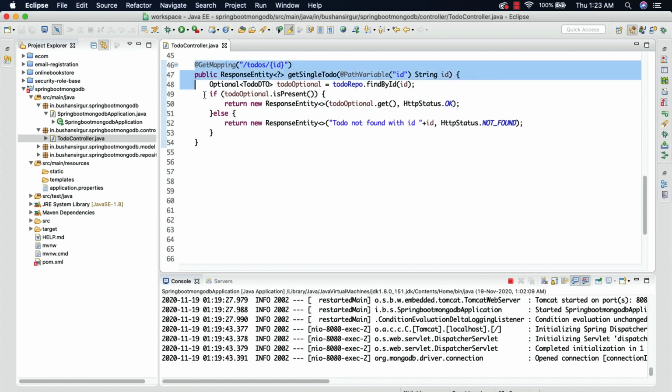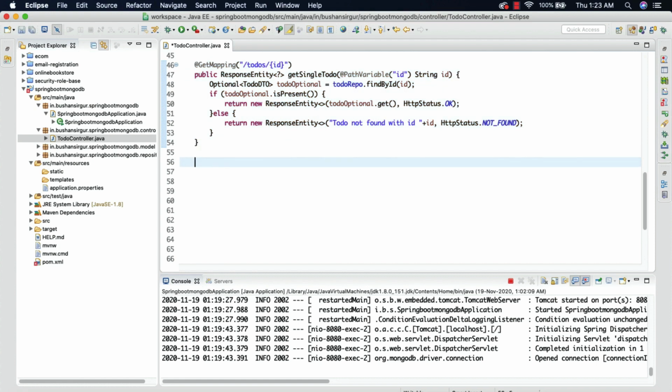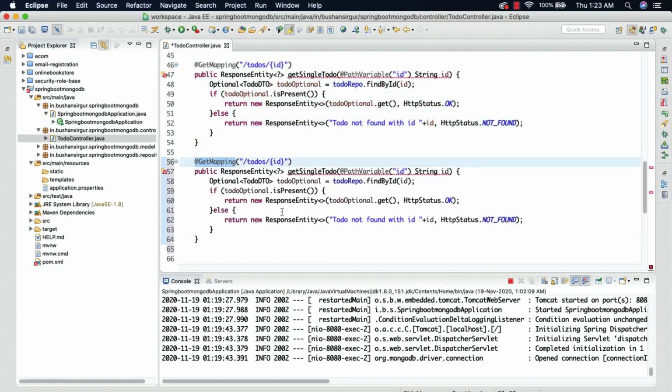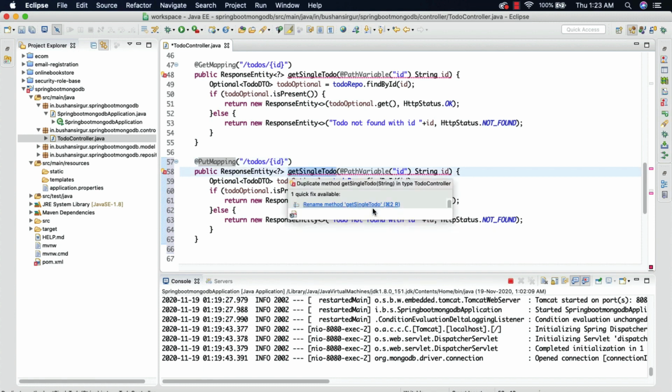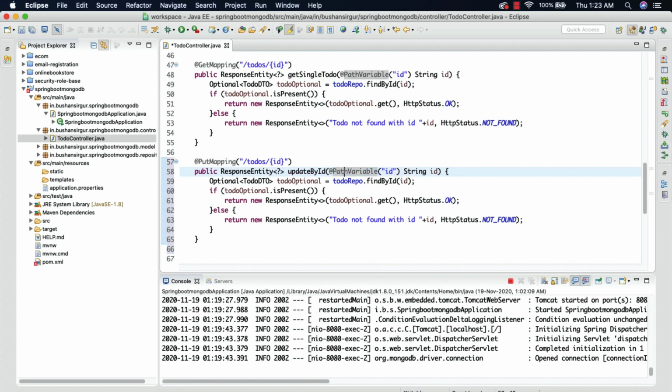So what I'll do is I'm going to copy the same method which we have created in the previous video. Let's copy this and paste it down, and I'm going to change the GetMapping to PutMapping because we're going to update the document. So let me import this, and the URL should be the same, and I'm going to change the method name to updateById, and the path variable I'm going to leave as it is, and we're going to accept one more parameter which is @RequestBody,